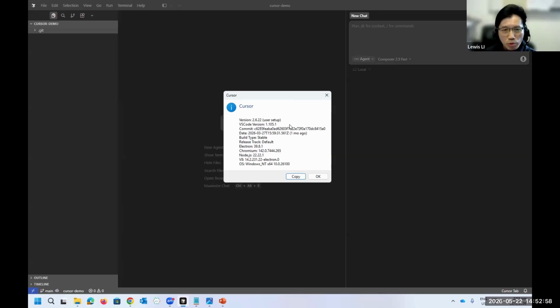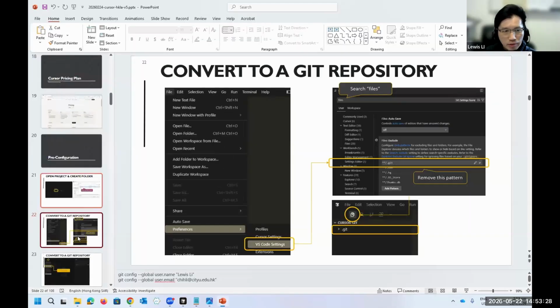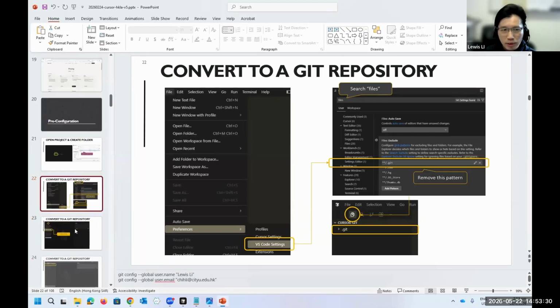I want to use the old 2.6 version, because there is a feature available in this version that I want to show you. If you don't want Cursor to update automatically after you install it, there are several things you need to do before you can keep using the old version. Let me show you here.